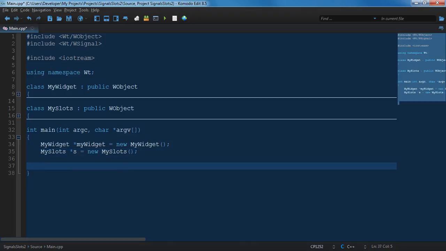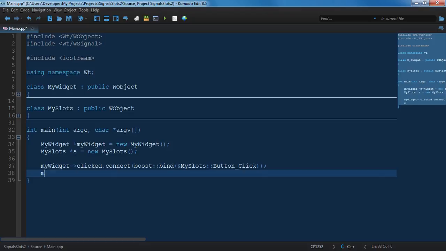And then basically, just like we've been doing all along, now that we have created an instance of our widget, I'm going to say my widget clicked dot connect, and in this case I'm going to use the boost bind implementation, and then take the address of the member function, my slots button click, because remember this one does not take any arguments, and then we're going to connect another signal to a slot,